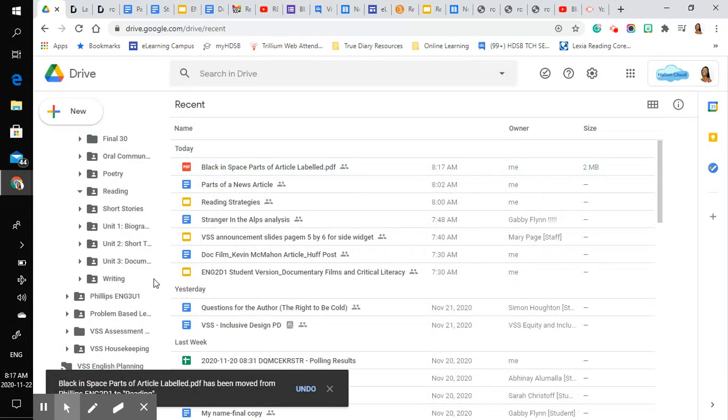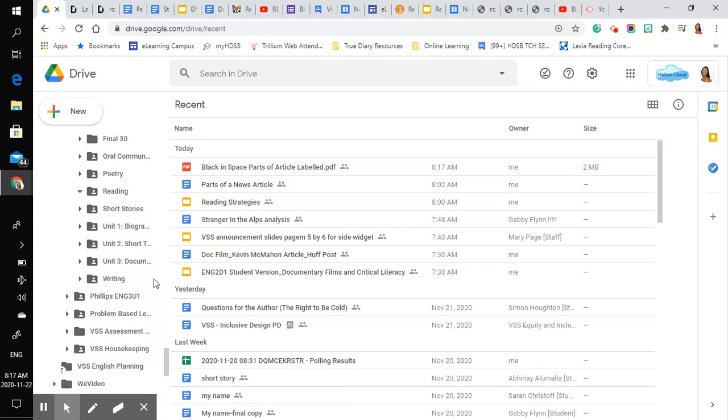DocHub is a super useful tool throughout the quadmester, especially when you're working in the virtual secondary school, because you're able to work with PDFs. We know that most of the texts you're working with are electronic, so this should be a really useful tool for you. If you have any trouble setting this up or navigating this,